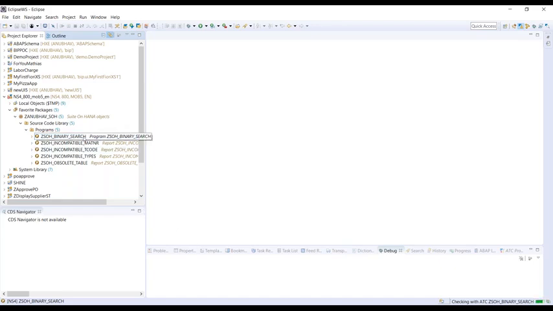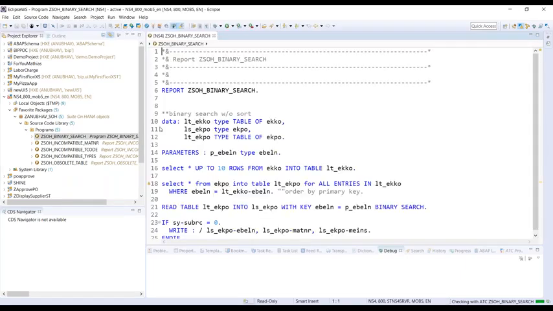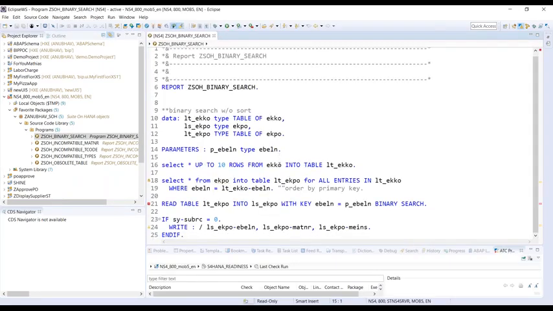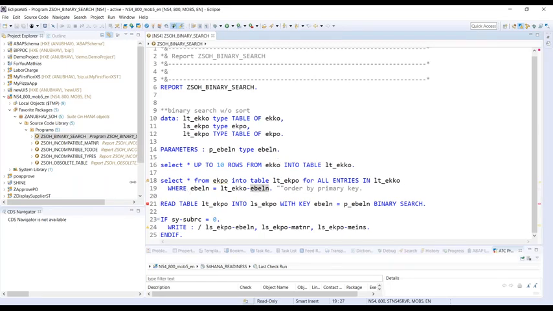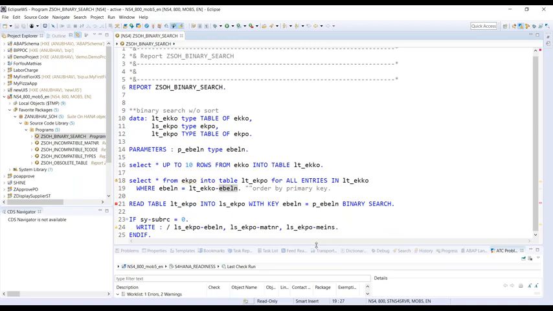So maybe just quickly have a look at the code of the program, and let me see if one of you guys can tell me what could be wrong. I think the findings are already up in there, so you can just check. By the way, let me check your knowledge. Can anybody tell me what you think is an issue with this program? Select star. Very good. That is basically going to hamper performance. That's okay, still, that is not an issue on the functional side. It won't really create a problem.